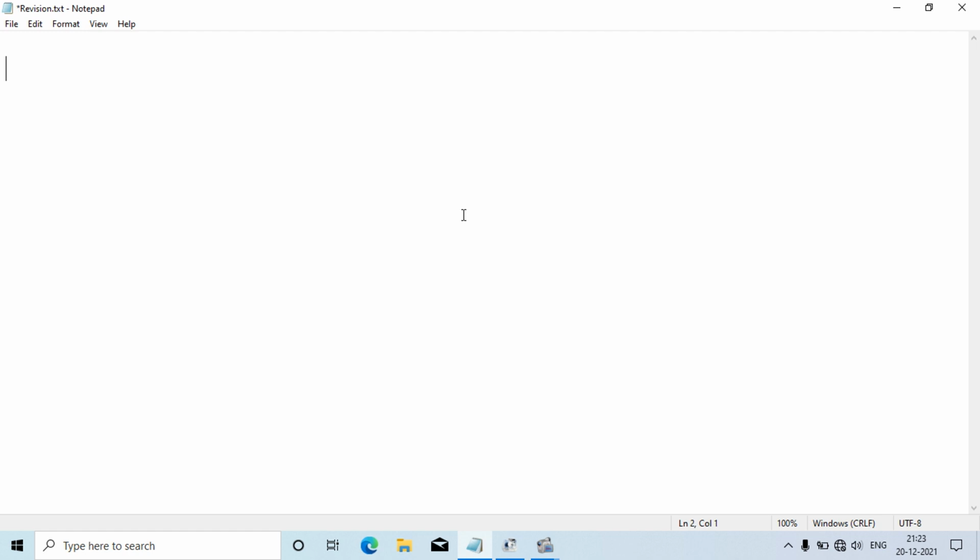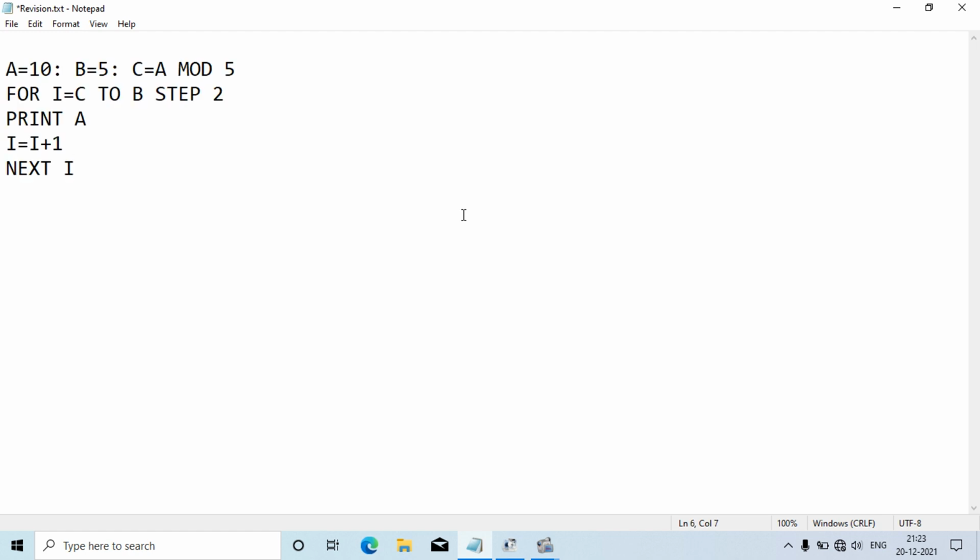So suppose here we have written a equal to 10, b equal to 5 and c equal to a mod 5. Some people are very confused about the modulus operator and slash.